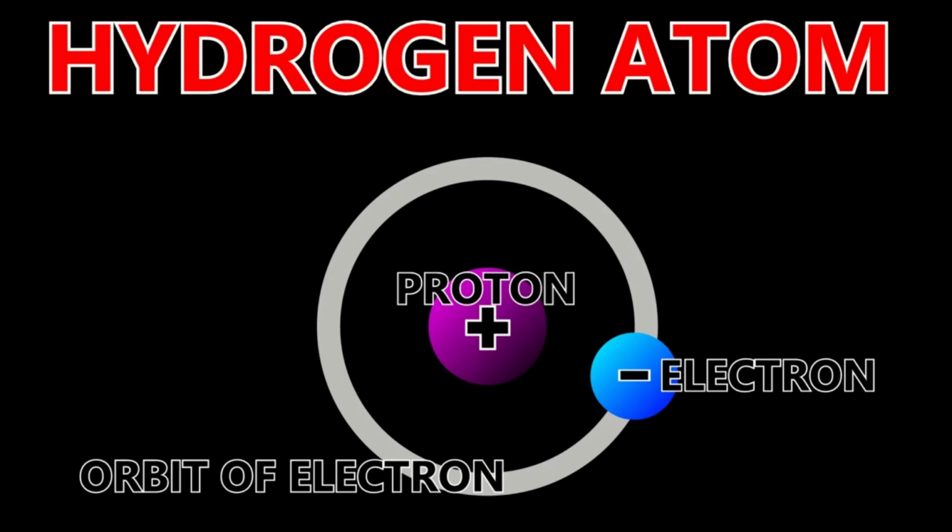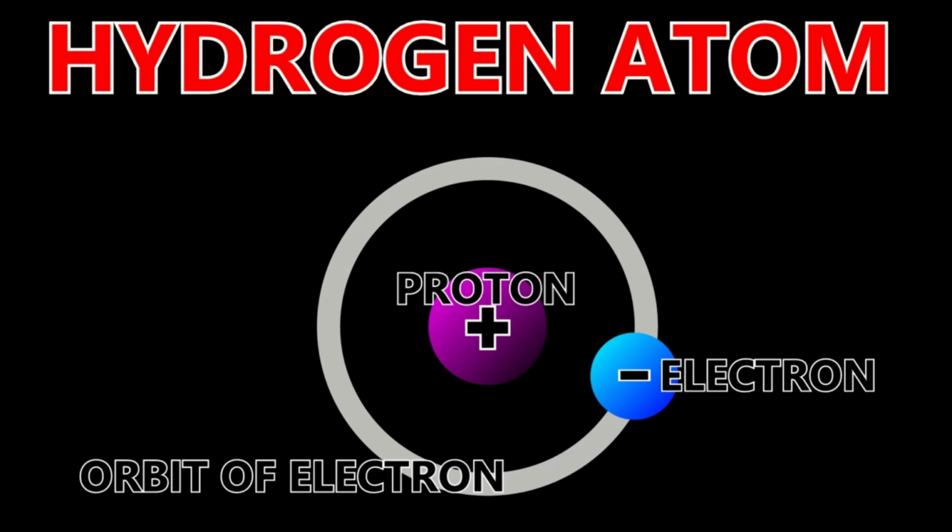This is the structure of the simplest atom, the hydrogen atom. The hydrogen atom contains one proton in the nucleus and one electron in orbit of the nucleus. The electron in a hydrogen atom is considered to be orbiting the nucleus of the atom, forming an electron shell or electron energy level of the atom. The charges of the proton and the electron cancel each other out, making the hydrogen atom neutral and in a